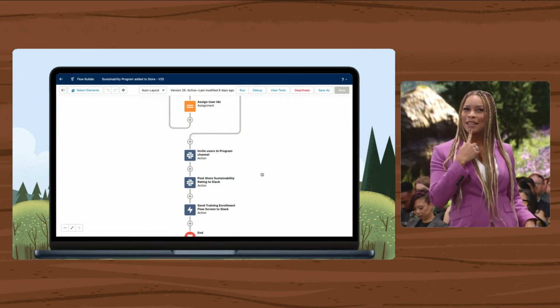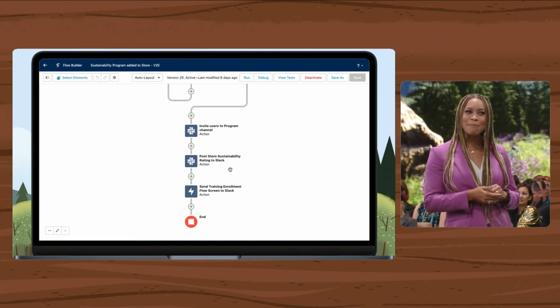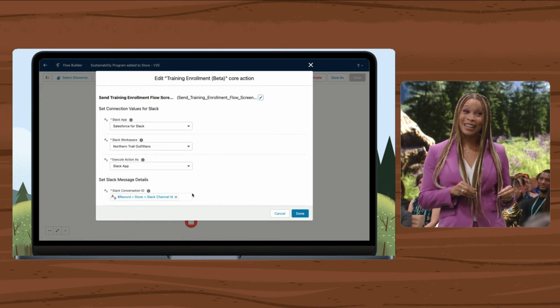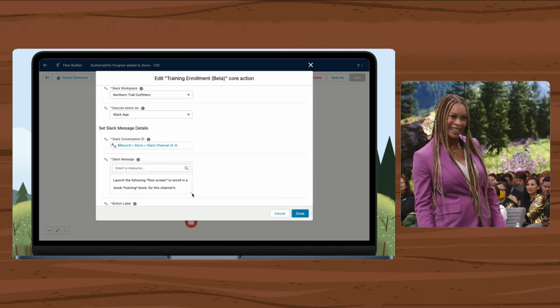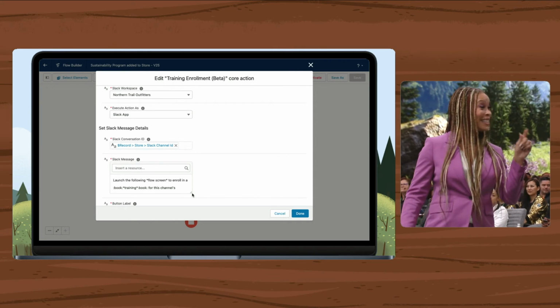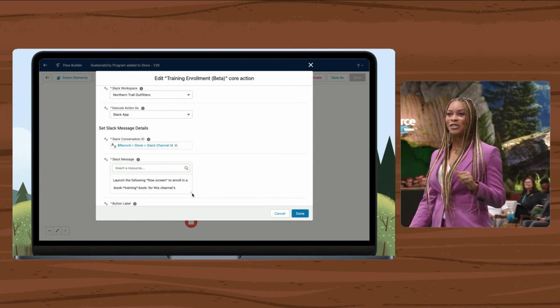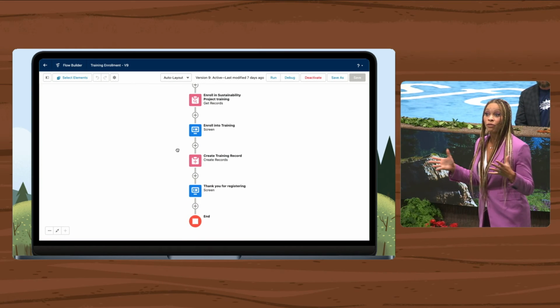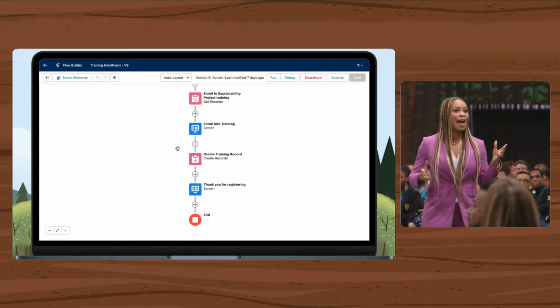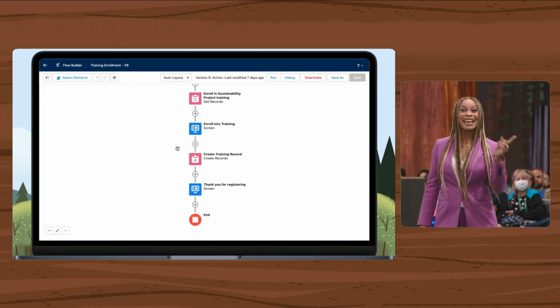It seems that Maria was able to add a flow screen into Slack. I know, you're wondering, did I hear that right? Well, you did. Check out this flow screen. In addition to the Slack actions that we saw that were in Flow, we are now able to bring Flow into Slack.